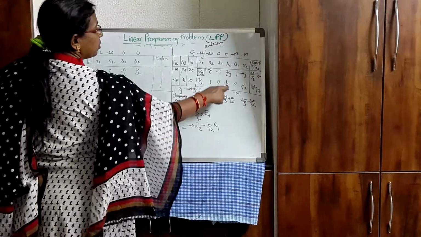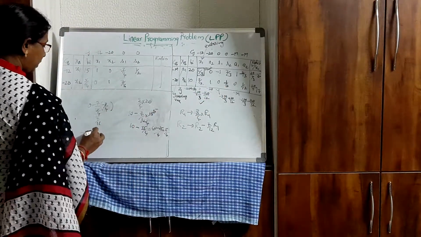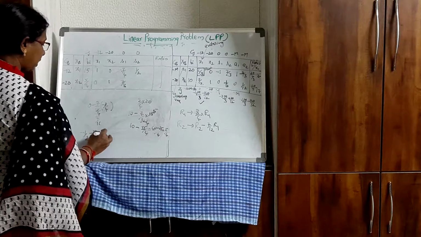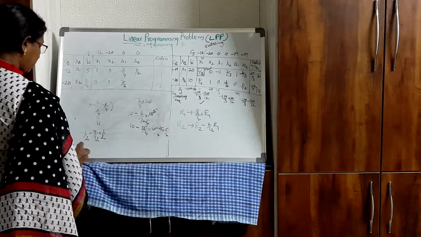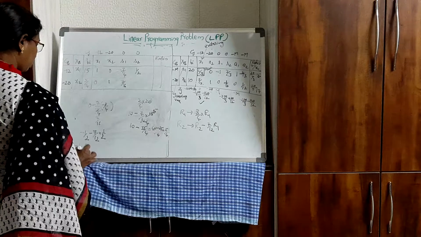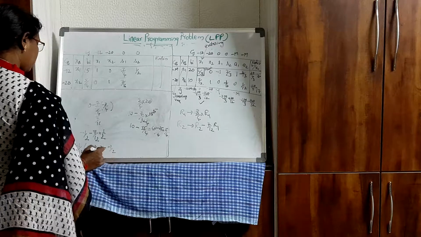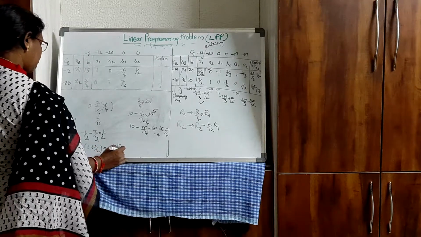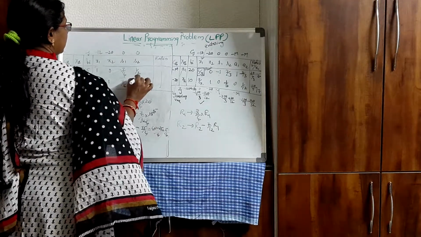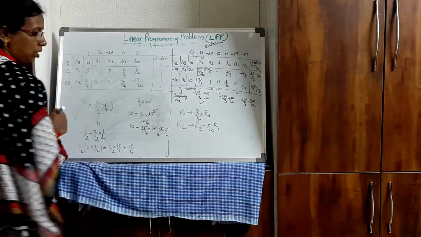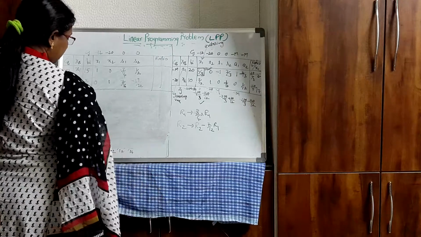Then R2 for S2 is minus 1 by 2. Minus 1 by 2 minus 7 by 12 into R1, which is again 1 by 2. So how much will you get if I take 1 by 2 common? Minus 1 by 2, I get 1 plus 7 by 12. So I get minus 1 by 2 into 19 by 12. So minus 19 by 24. So this is minus 19 by 24. Now we got these values. Now again find Zj and Zj minus Cj.